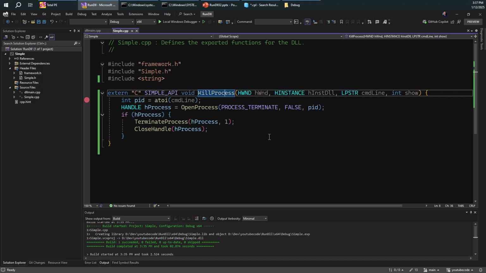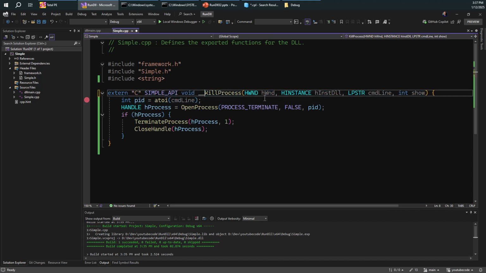The second reason could be because I would like to have my application or my code being more stealthy. Because now when anyone tries to terminate a process using this approach, what anyone would see on the outside is a RunDll32 process running, which is a very common process that runs on today's Windows system. So it's not going to be suspicious or anything going to be visible up front as to what is going on inside it. So I might want to create these DLLs, which are not in themselves runnable directly, but could be run indirectly by some other application, in this case RunDll32, if I properly provide a function that looks like this,